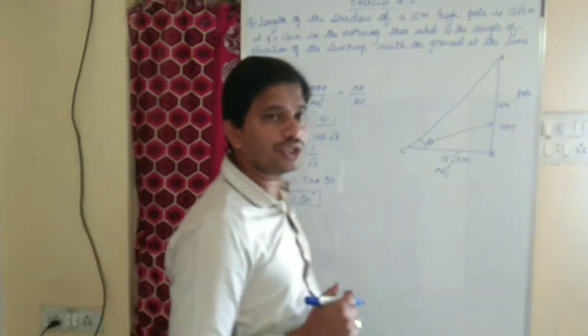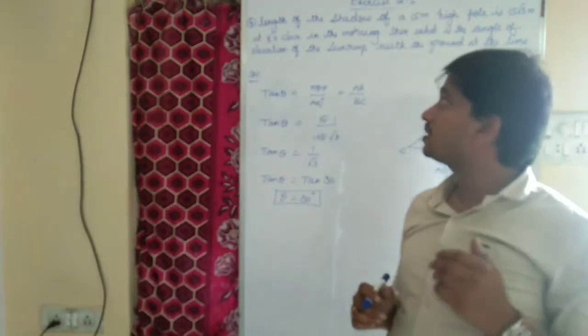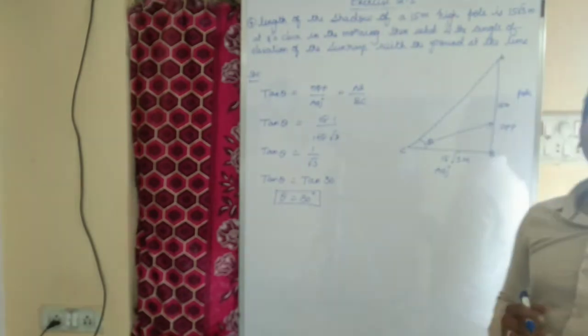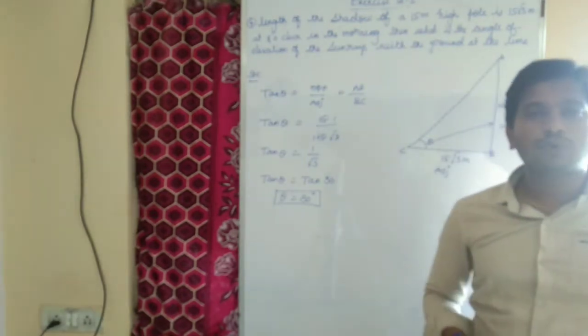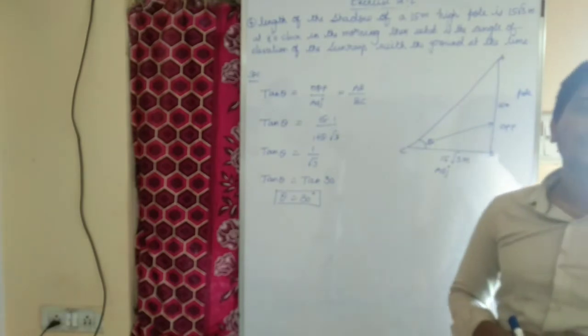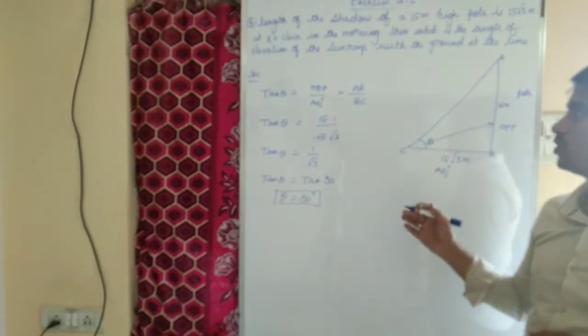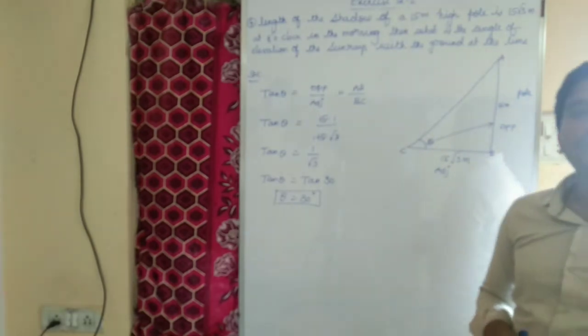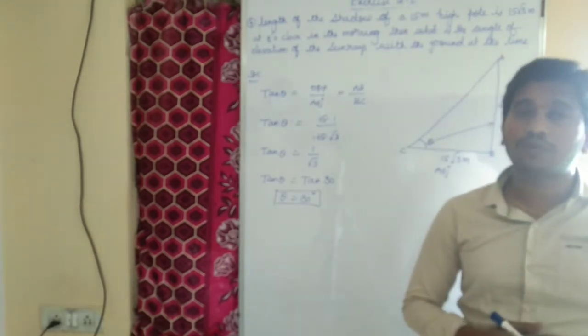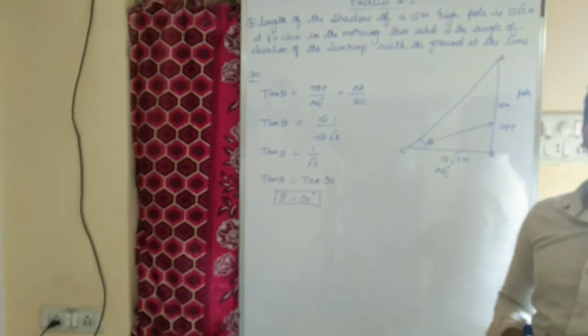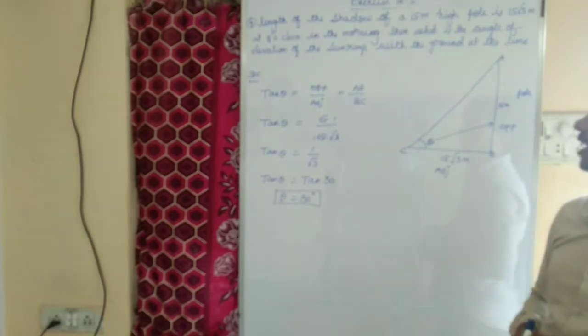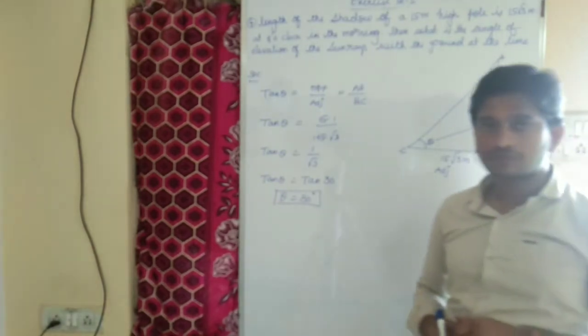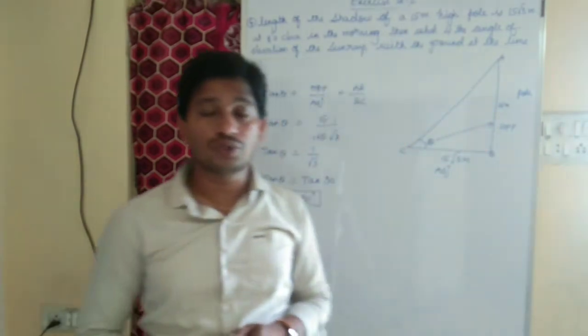See, this is a different question. In the previous 3 questions they have given the angle of elevation. They used to ask the height of the pole or length of the tree, somewhat like that. And in this question they are asking the angle of elevation. The thing is, we need to understand the question properly. Once we understand the question properly, we can do the sum easily. So I hope you understood this question, which is also an important 2-mark question.